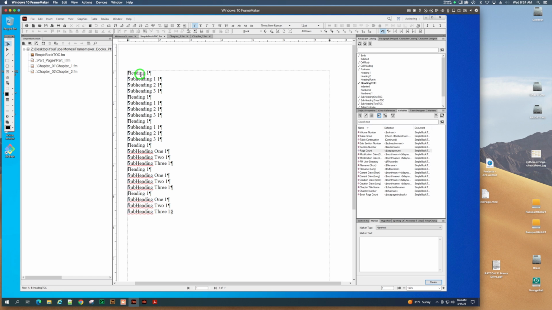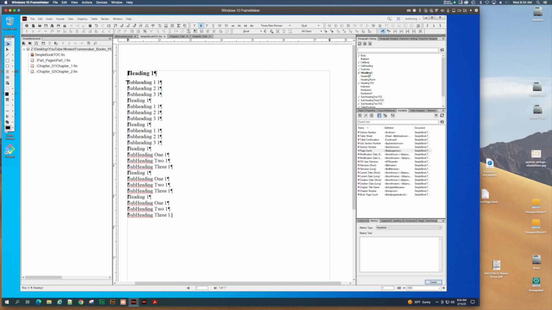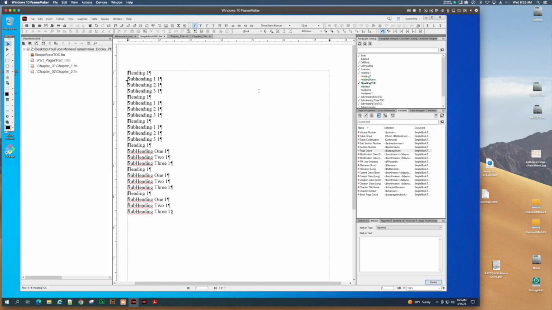Okay, so all these things that have been added to the TOC have TOC in front of them, right? Well, you still have a heading, right? If I applied heading, boom, it still wouldn't do it. I'm sorry, that's heading 1, right? So if I have heading in here, where's heading? Oh no, I didn't apply it, right? I didn't import those things here. So I'm just going to go back to heading TOC. In other words, what I meant to say is I didn't import the formats from chapter 1, so the heading format is not in here. So anyway,